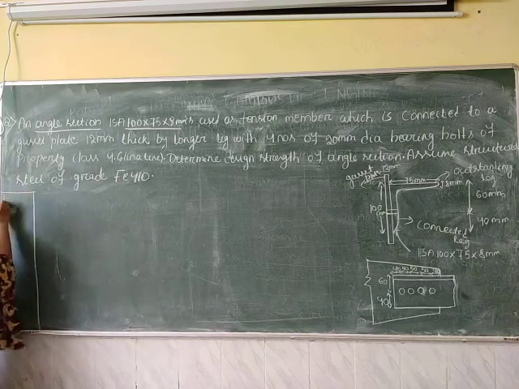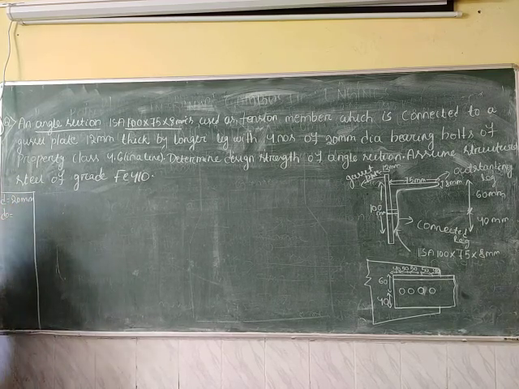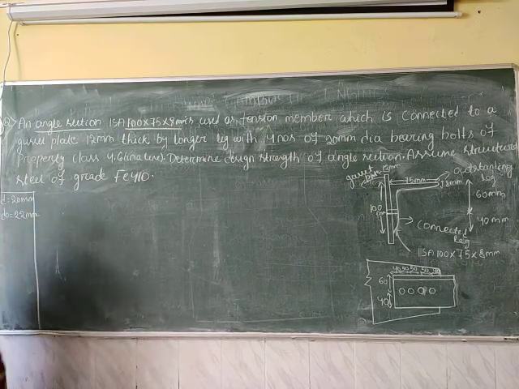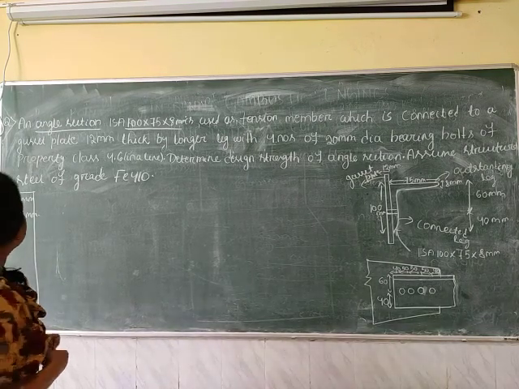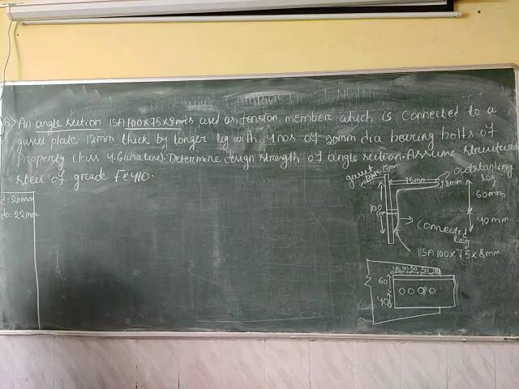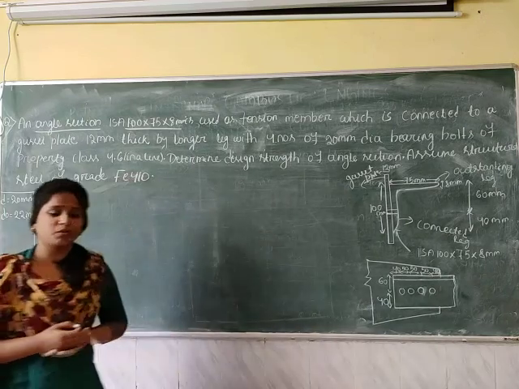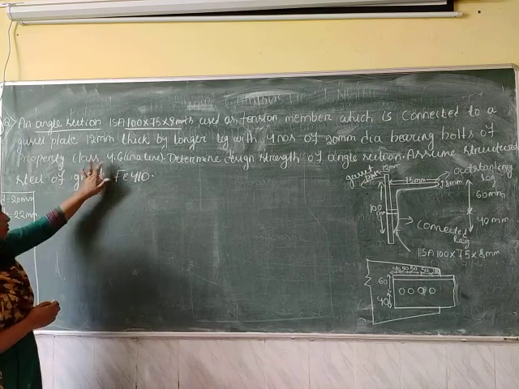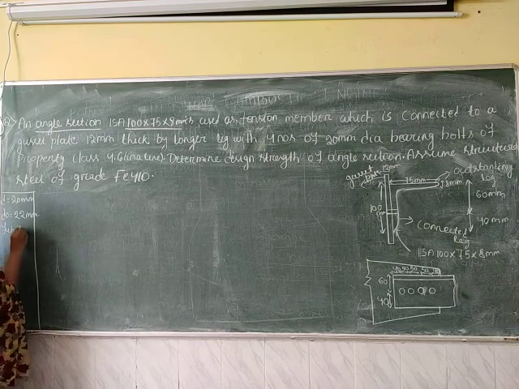So, the diameter of the bolt is given, that is 20 mm. So, bolt hole dia will be 20 plus 2 mm, that is 22 mm. Okay. So, here for the 20 mm diameter bolt the clearance value is 2 mm. Okay. Then the property class is 4.6. Okay. So, you know that from property class of the bolt you can know the ultimate tensile strength of the bolt and yield strength of the bolt. Okay. So, for the property class of bolt, that is 4.6, ultimate tensile strength of the bolt will be 400 megapascal.